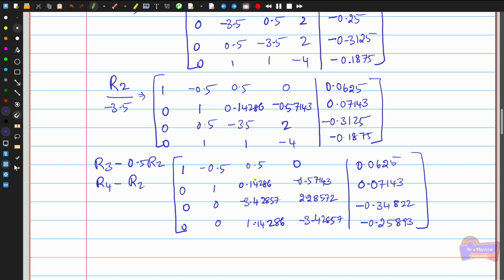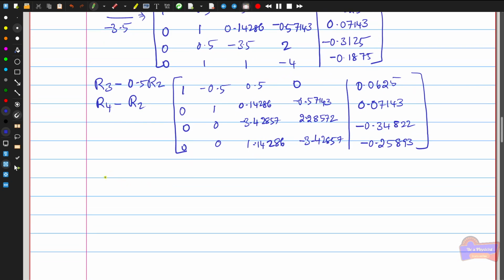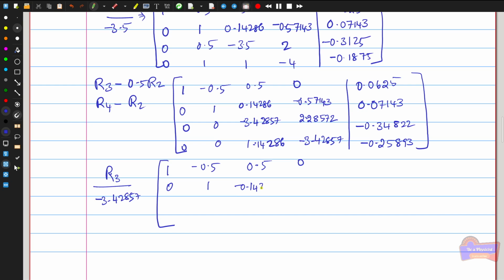So next I want to make the third column of row 3 equal to 1, so that I can divide this row 3 by this value and get the value 1. Therefore, R3 divided by minus 3.42857. If I do this transformation, then 1, minus 0.5, 0.5, 0; 0, 1, 0.14286, minus 0.57143; and the row will be 0, 0, 1,